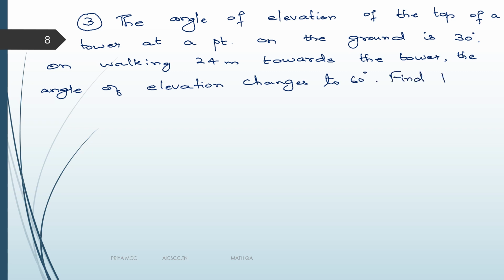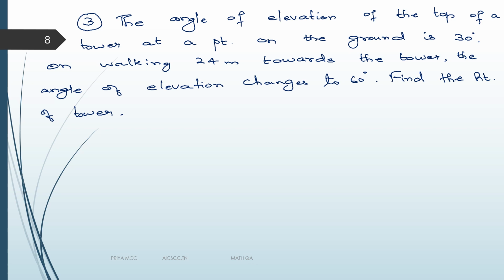See, this is what I told you in the previous problem, right? The angle of elevation is not some fixed value. It depends on from where you are looking at the tower. If you're walking towards the tower, you have to strain more, you have to lift your eyes more to look at the tower, which means the angle of elevation will increase, isn't it? But if you're going farther away from the tower, then the angle of elevation will decrease. That is what I explained with the ladder also in the previous problem, right?